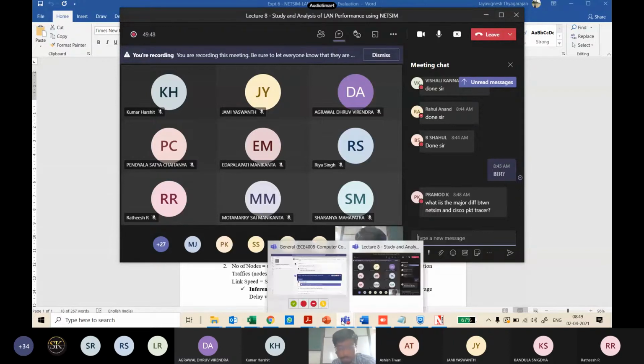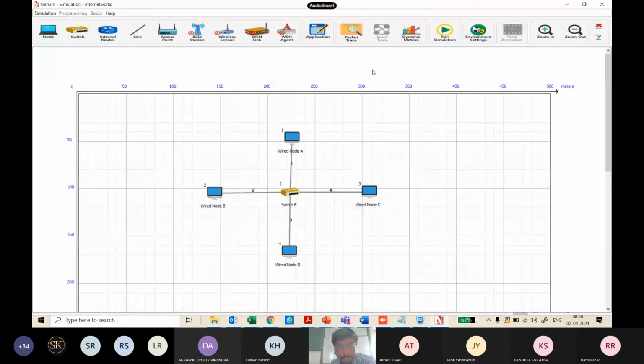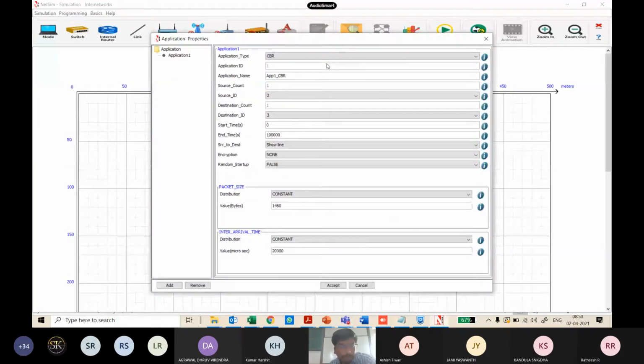So to model the traffic now, you're not going to the application layer here. There is an application icon that you have to click. You're not going to place it inside the environment window. You have to place it outside the environment window, because this is a global property that you're trying to set for the nodes in the simulation. So click on the application icon and place it anywhere at the top of the environment window, then right click and go to properties. You can add any number of applications by clicking add, and it will keep creating them, and you can remove them too.